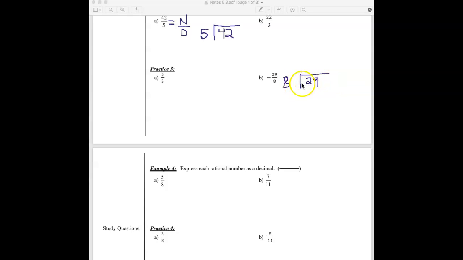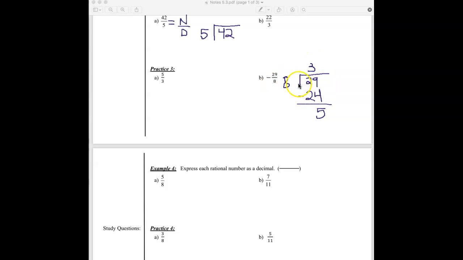And then when I'm done here, my answer will still be negative. So anyhow, 8 doesn't go into 2, but 8 does go into 29. 8 goes into 29, what, 3 times? 3 times 8 is 24. Just following my long division steps. My last step here is to subtract. 29 minus 24 is 5, and in this one it doesn't want a decimal, it just wants a mixed number,